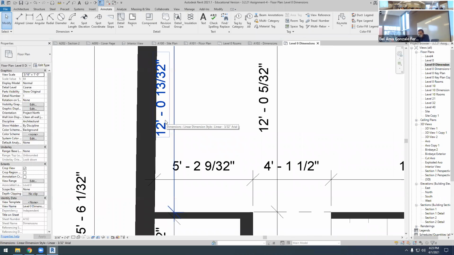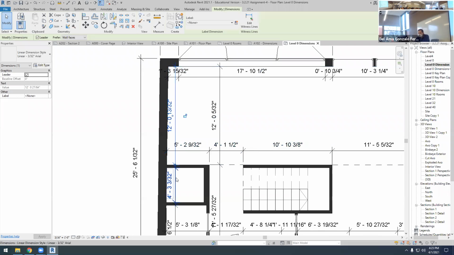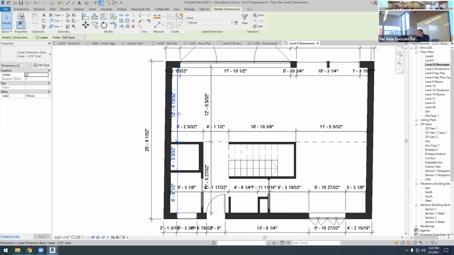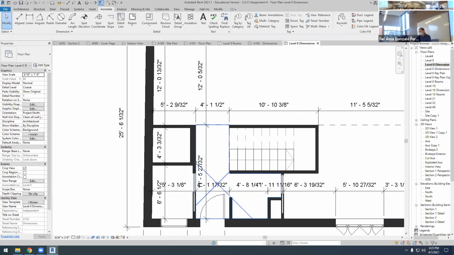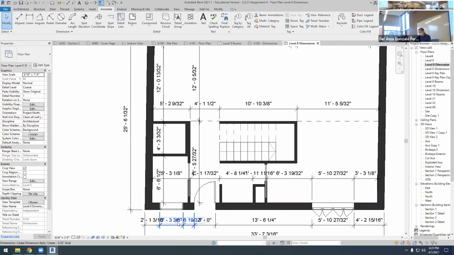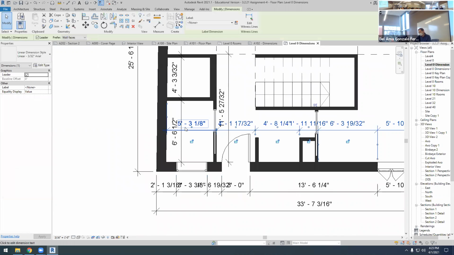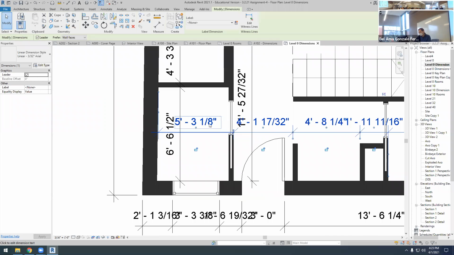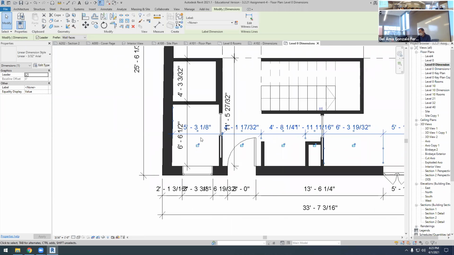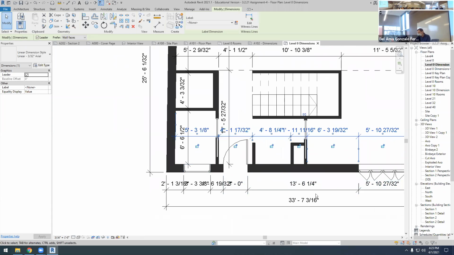The problem is that we don't see this. So probably if you move all this line like this, it will look better. So yeah, and that's another issue, because this way of having 5 foot, 3 1/8, well, that's the beauty of these imperial units. In metric units, everything is easier, but